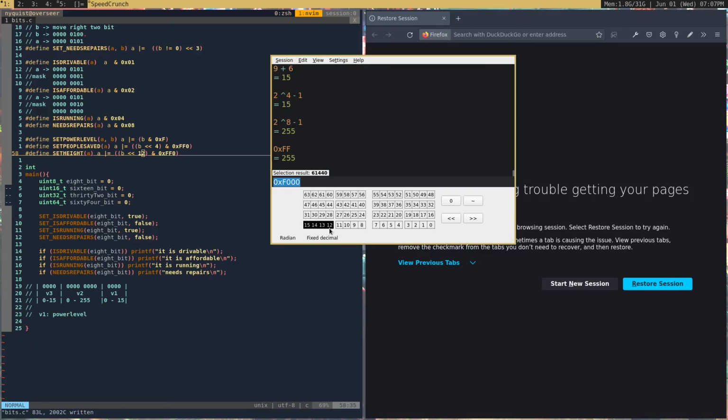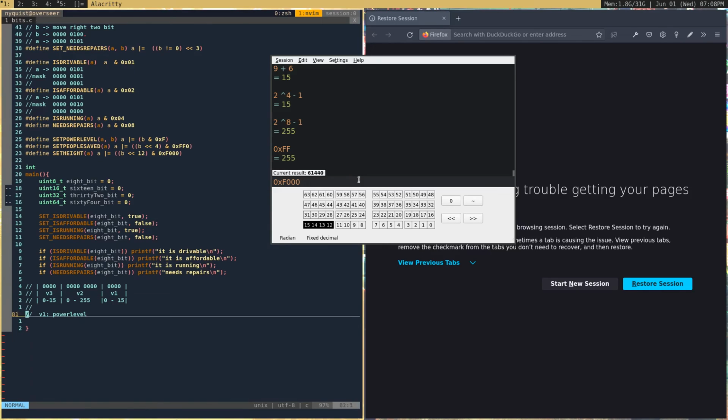I mean, there's 12 here. We actually want to shift it by 12. Shift by 15, 12. Yep. And then we want to apply a different mask here, and I think that's 0xf000. I believe 0xf000. Yep. There's 3 zeros, so yeah. Bada bing, bada boom. And that should be all there is to it for setting that